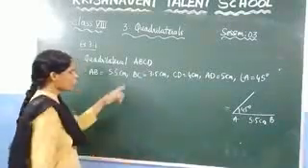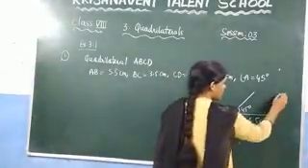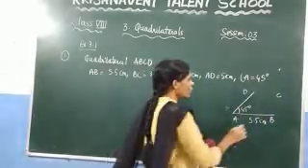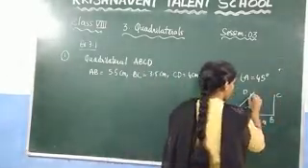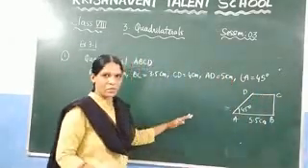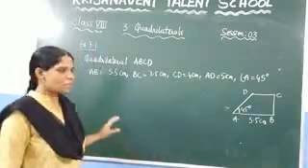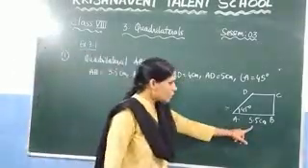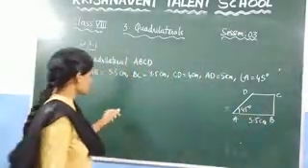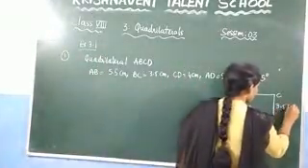Since they asked to draw the quadrilateral A, B, C, D, here A will be there, here B will be there, somewhere here C will be there, and somewhere here D will be there. Now draw the quadrilateral. It will look like this. This is not an exact one, we are just drawing the rough sketch. Now what measurements do we know here? Just mark them. The value of AB we have written as 5.5. What is the length of BC? Given in the question, it is 3.5. So this measurement should be 3.5.